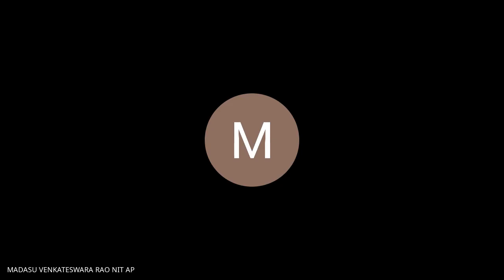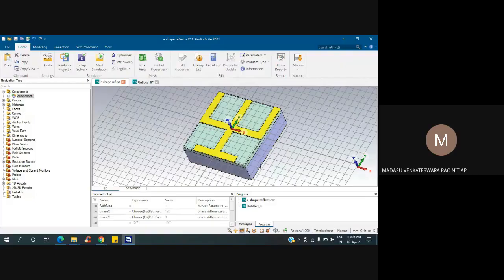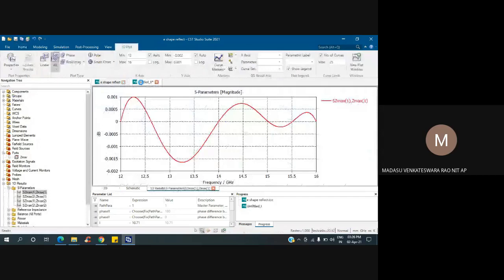Yes, 12 to 16 gigahertz. Post processing, resultant gigahertz, mean value, S11 max phase, tables.